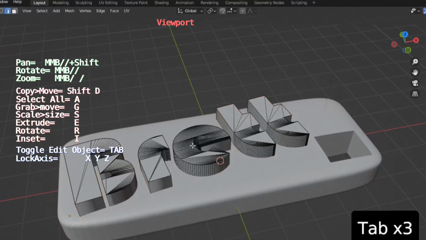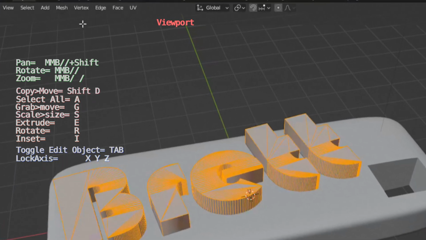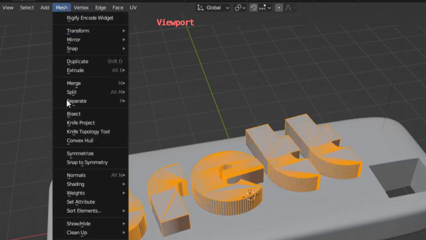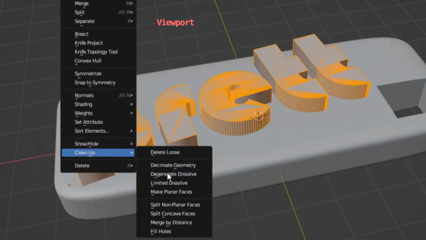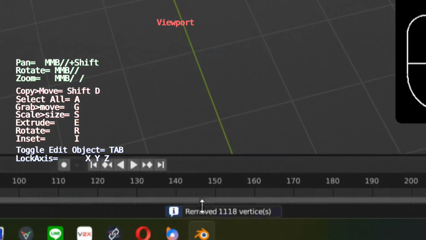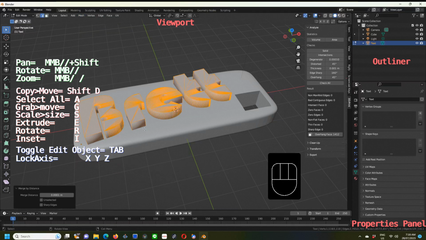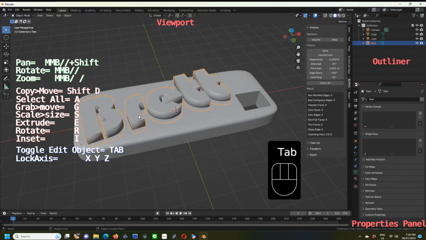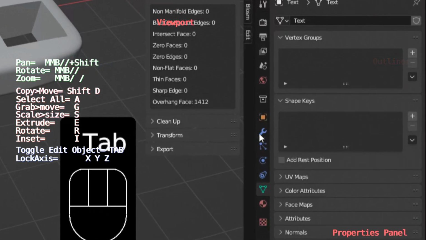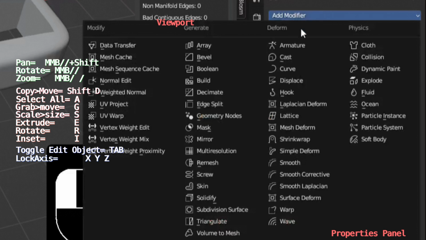We're going to go A to select all. Once we've got them all selected, we're going to go Mesh, and we're going to clean up. And the one we want to clean up is Merge by Distance. You can see I've lost 1,118 vertices, which is good. Sometimes that will be a much higher number. I tab back out to Object mode, and I'm going to put a modifier onto the text, and it's